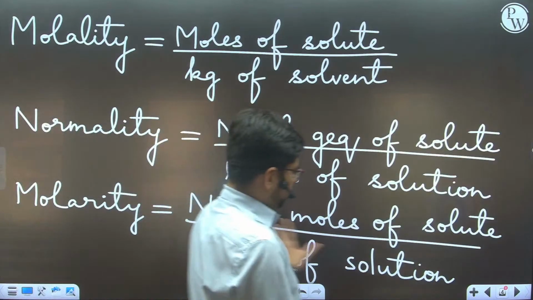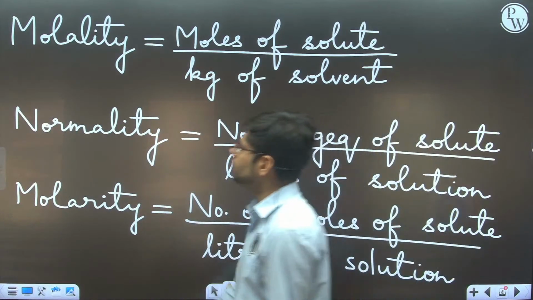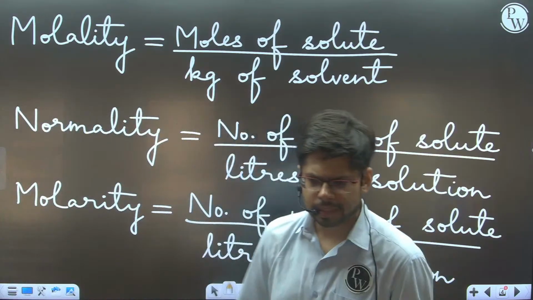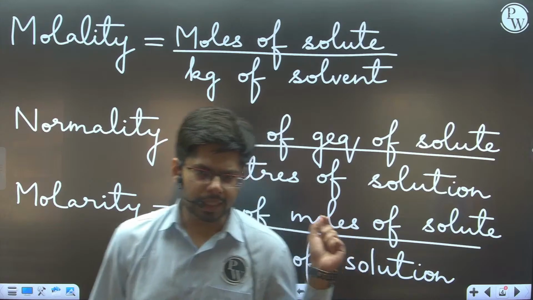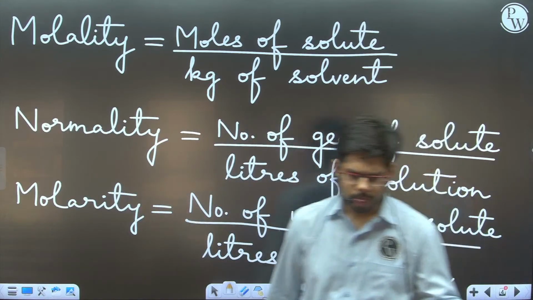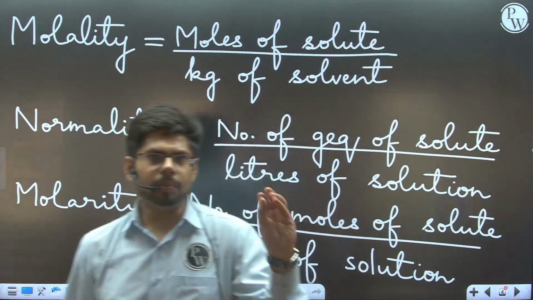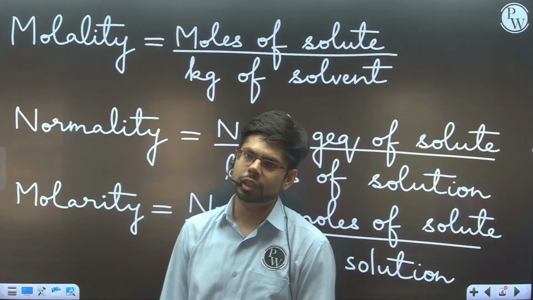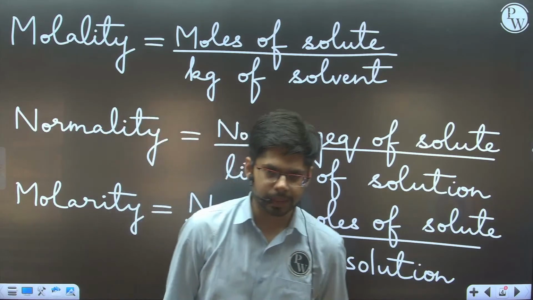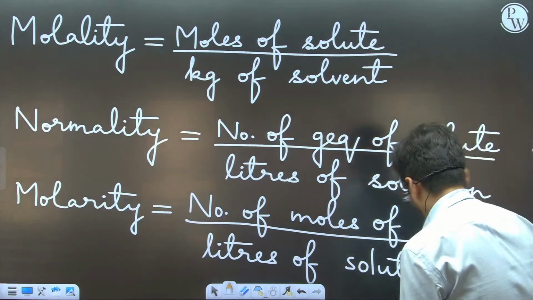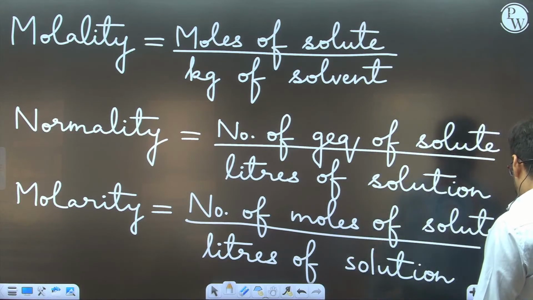So these are some basic concentration terms: molarity, molality, normality, which we use again and again to solve questions. We use these to solve questions which are asked on mole concept, questions which are asked from redox, and also there are so many other chapters in physical chemistry in which we use these concentration terms, right? So you must be thorough with these formulae. Okay, now